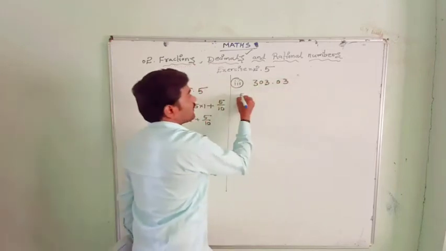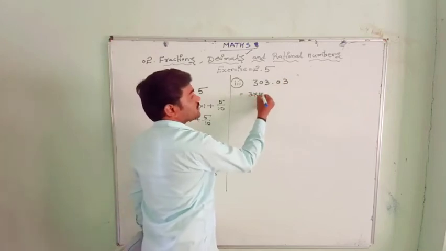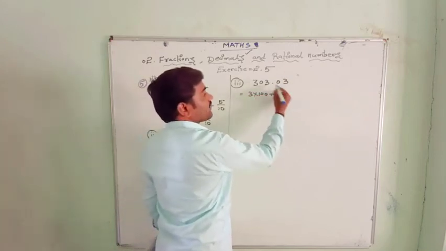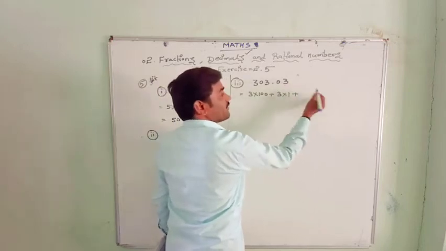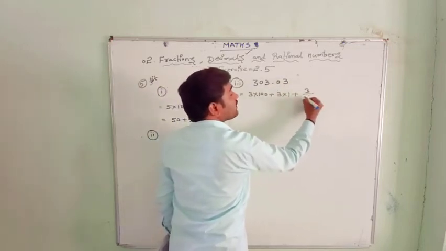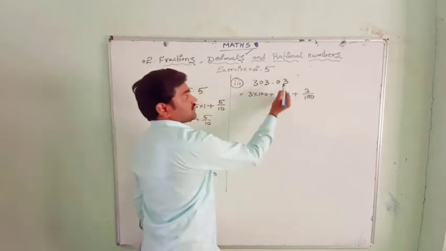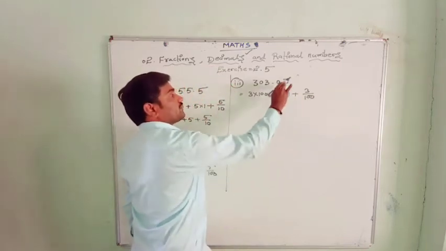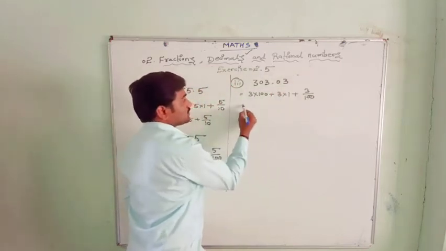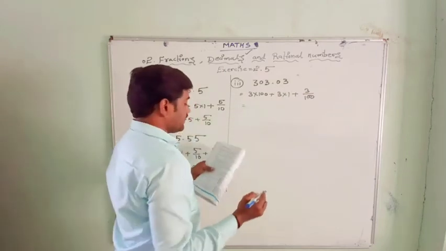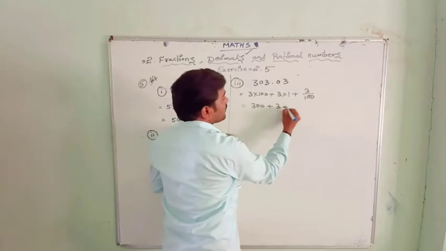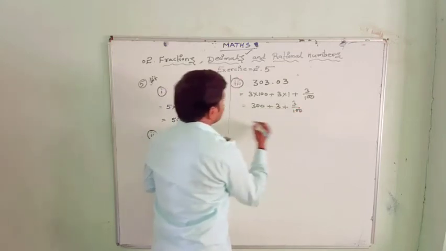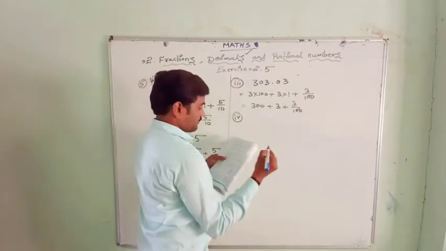303.03. Let us write here this 3 in the hundreds place, plus the 0 is not required. This 3 in the ones place, plus this 0 will not be required. This 3 in the hundredths place. This tenths place is 0 that we won't take, but this 3 is in the hundredths place. So we will write here 3 into 100, 300 plus 3 plus 3 by 100. Then the fourth one,